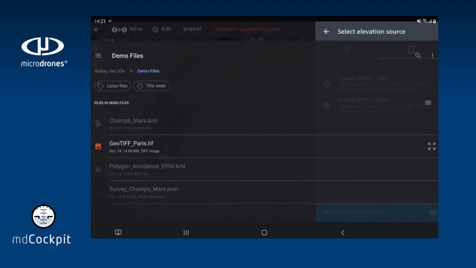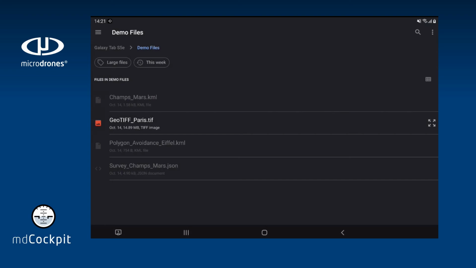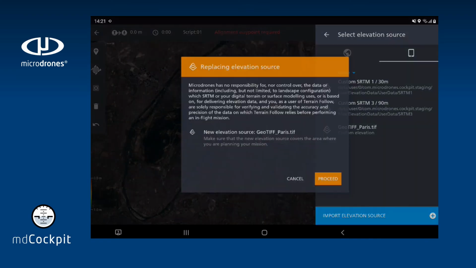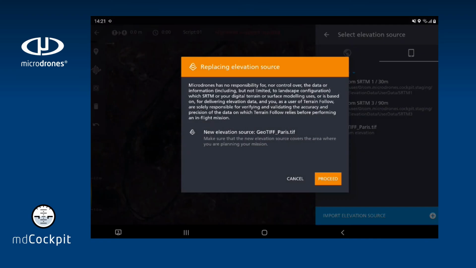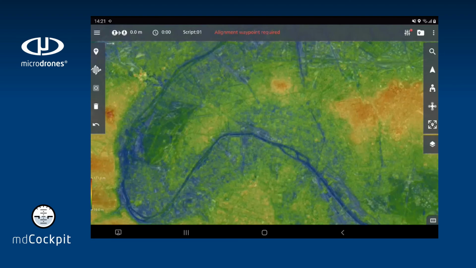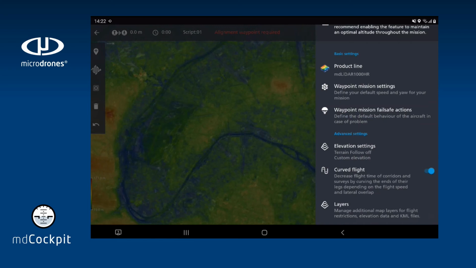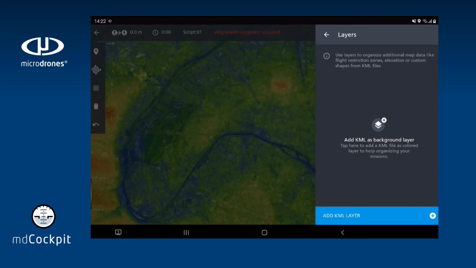By clicking on it, we can select our geotiff, and let's add it to the map. Here we are. Next, to import a KML as a background layer, let's go again to Mission Dashboard, Layers, Add KML Layers,